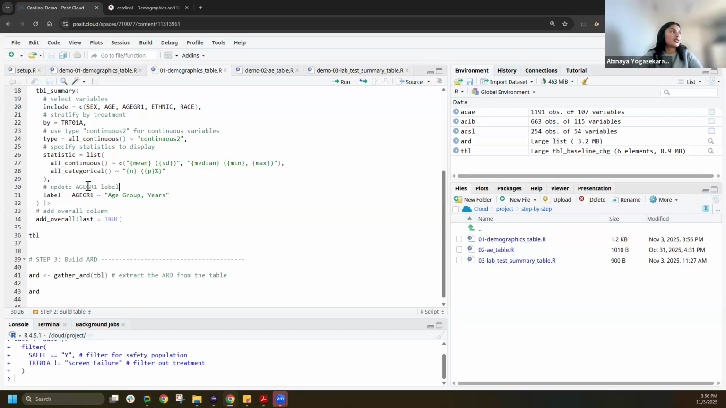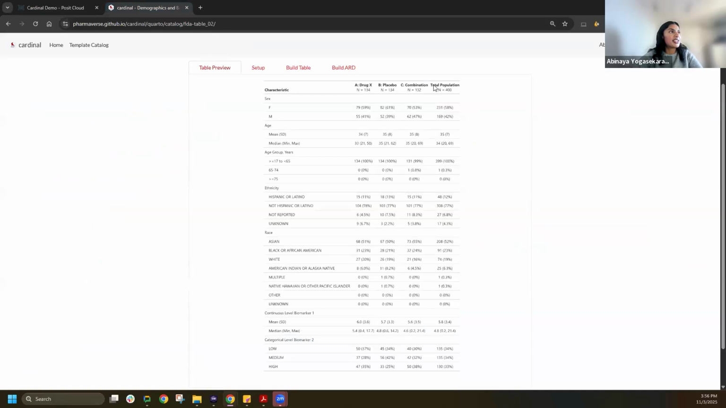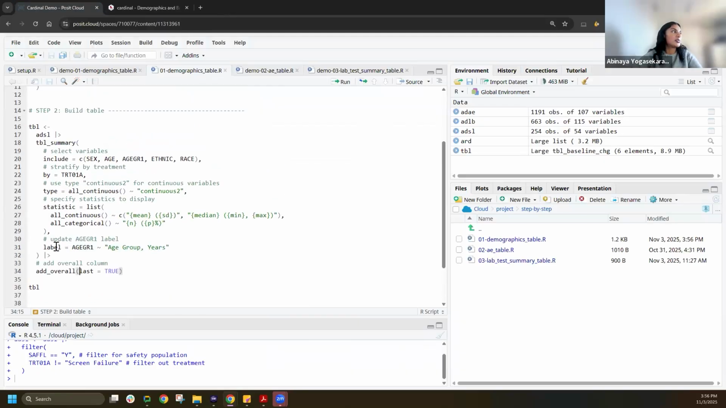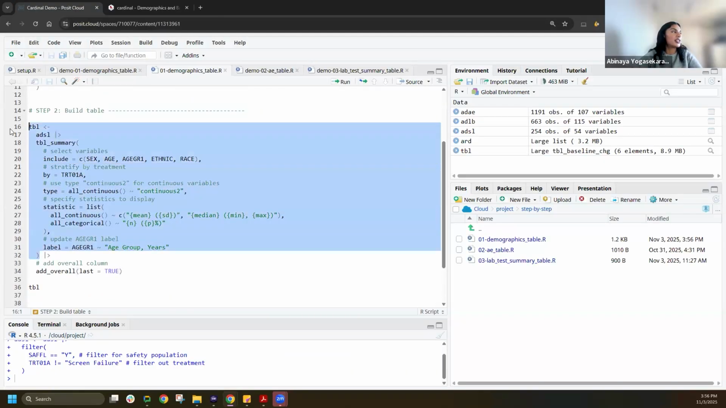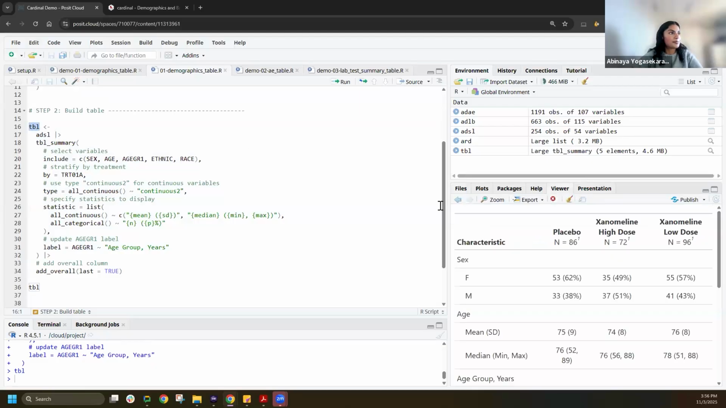We also want to relabel the age group because by default, the labels that you will get are the actual variable names. And sometimes that's not human readable or very pretty to see. So you can update the label using the label argument. And finally, if we look at the mockup, the last thing we need is the total population column. So we want an overall column. And if we ran the table as is, it wouldn't include that because we haven't specified it. So if we look at the table,